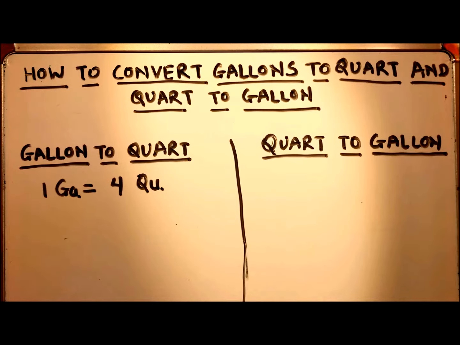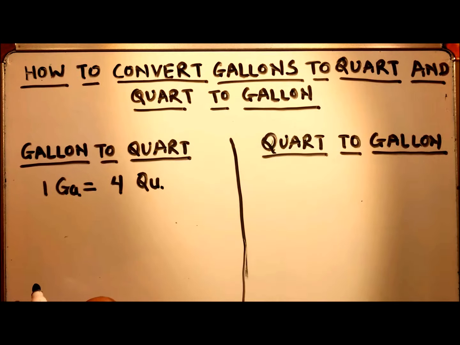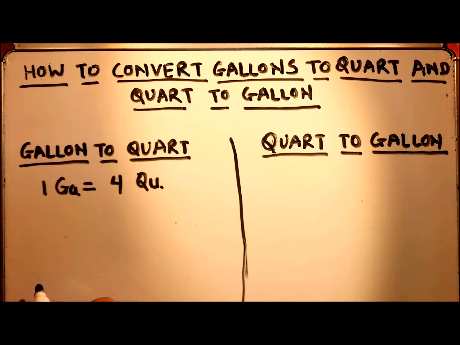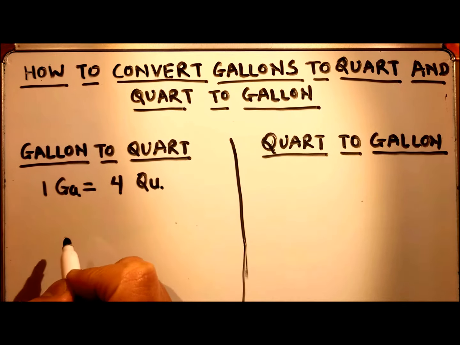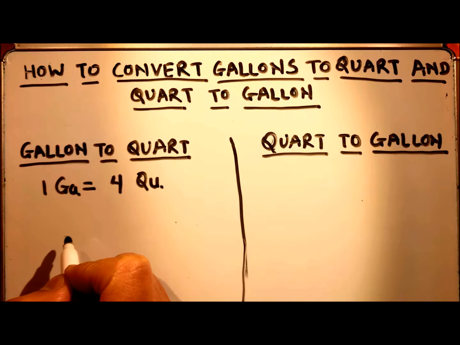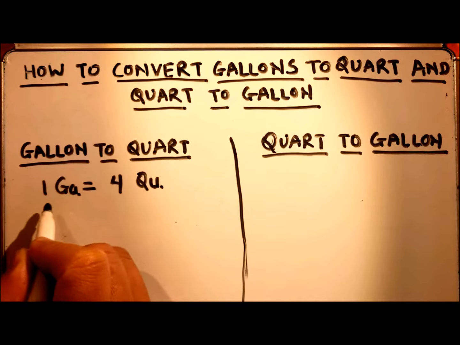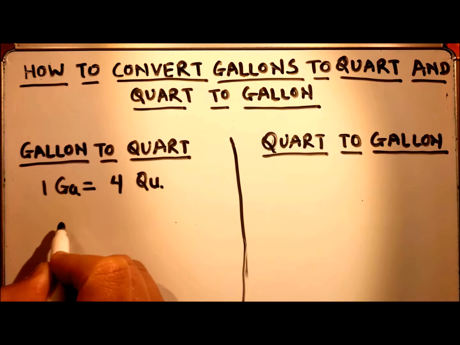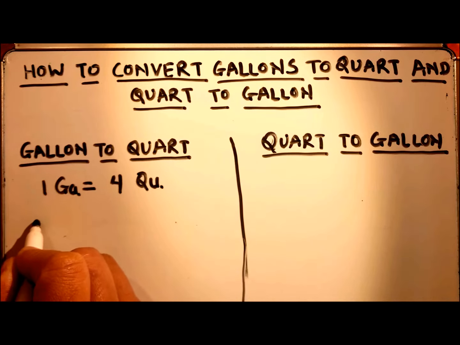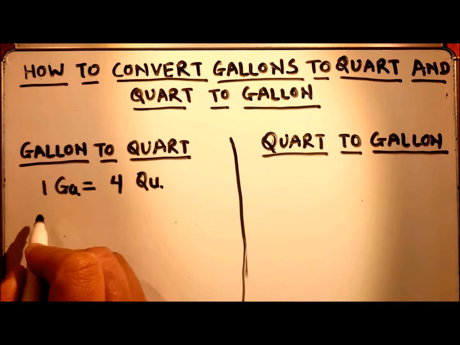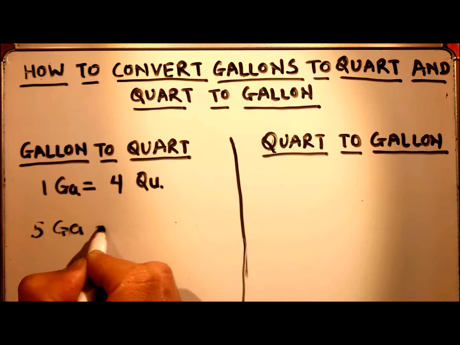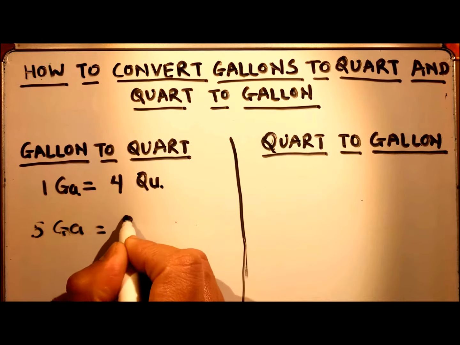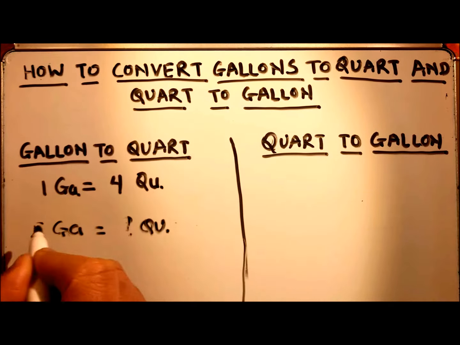Hello viewers, today we are going to learn how to convert gallons to quarts and quarts to gallons. So we'll start with gallon to quart conversion. For this we need to know the basic relation between gallon and quarts, which is 1 gallon is equal to 4 quarts. So if we have a question to convert 5 gallons is equal to how many quarts,